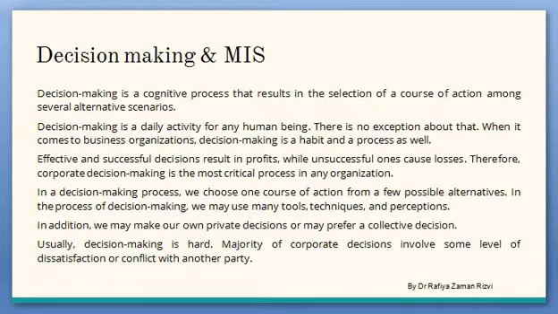Okay, so what does cognitive mean? Connected with the processes of understanding. So cognitive may explain how you can understand or judge the decision making, or judge the selection of the outcomes or course of action. So decision making is, you can say, a mental process, okay? A mental process where most of the activities happen in the mind, not physically, okay? So we select a course of action which is the best course of action among several alternative scenarios.